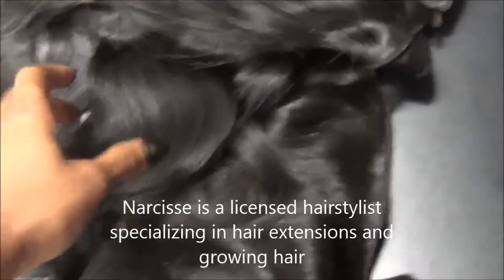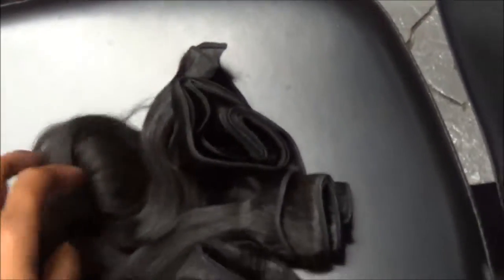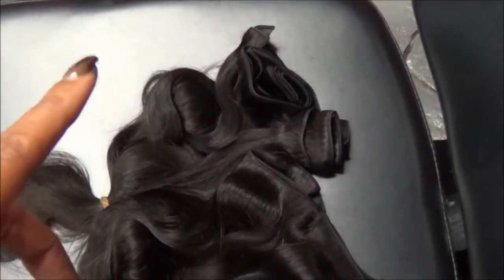So you have to open up the bundles. It comes with the rubber band on it, and it's all the way up here. So what I did was I opened them up and opened up the weft part and kept the rubber band closer to the end, so that when I color the weft, which is the most important part, I can open it up and use my color brush to get in there. And considering that it's Sassy Mitchell's hair and it's 4 ounces, the hair itself is easier. There's not a lot of short tiny hairs in there that's going to get in the way while you're